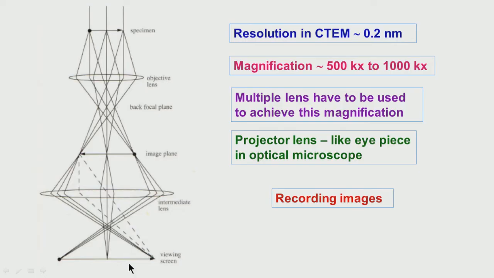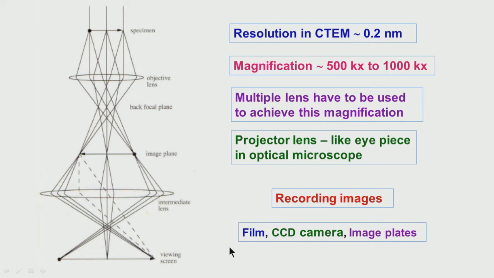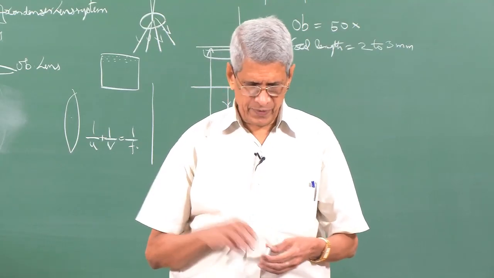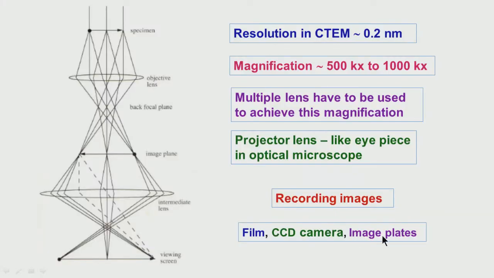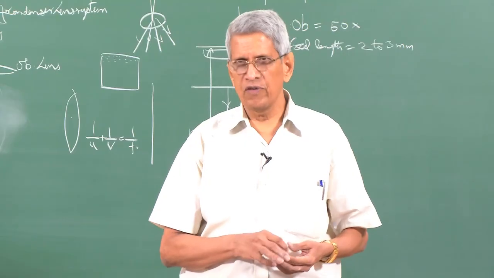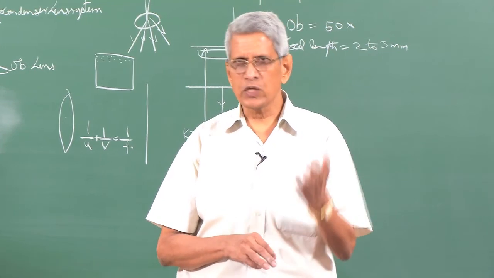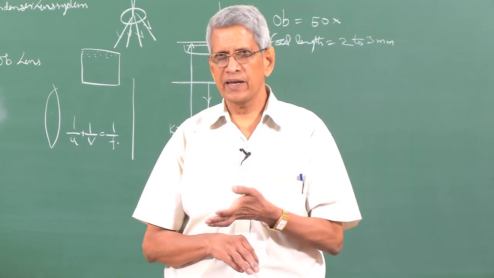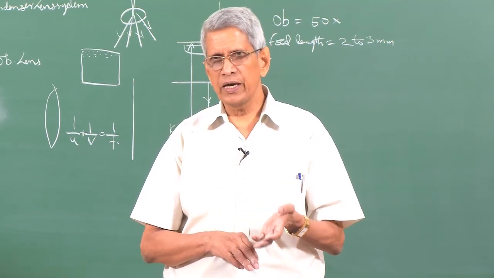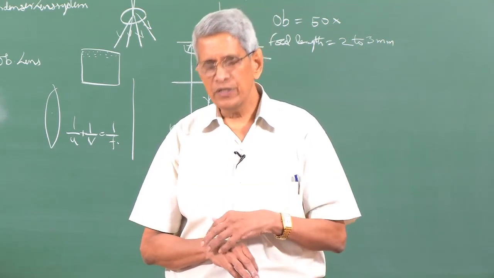But this is one way of looking at it, but quite often we have to quantify. Then what we have to do? We have to record them. Okay. The recording can be done using either a CCD camera. Okay. I will just mention a little bit about the CCD camera, or another technique which is called image plates. Okay. An image plate also looks like a normal film camera in which we can expose it, and we can use that, okay, to read using a laser light and convert that into a quantitative signal.